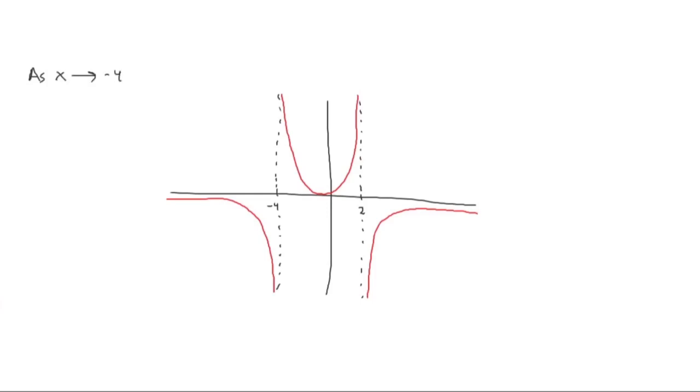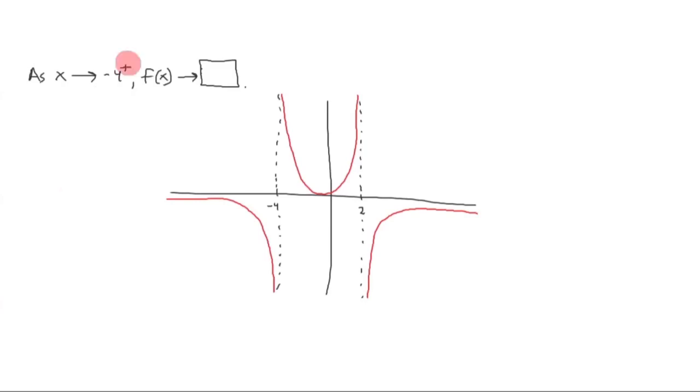x approaches negative 4 from the right, what's f of x approaching? And this is your box. And now look at this part. This is where the focus is. Specifically, we're trying to see what's happening to the graph, what the y values are doing when we approach negative